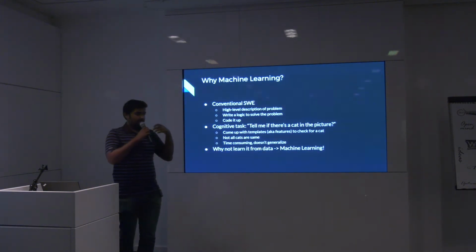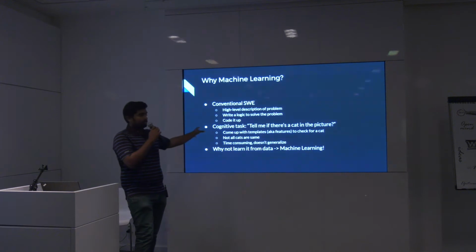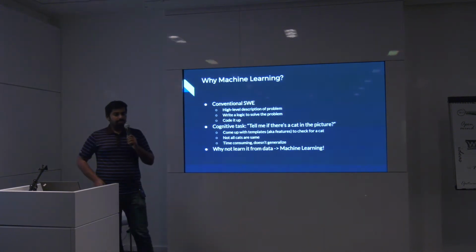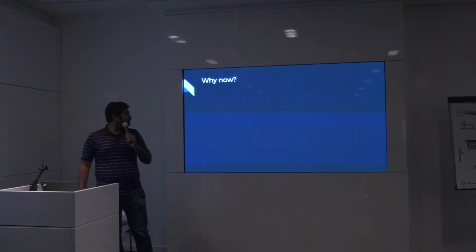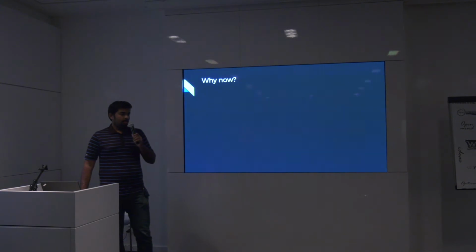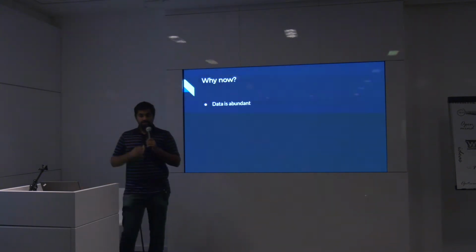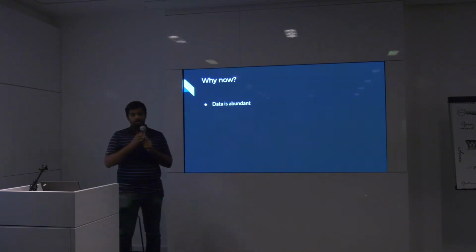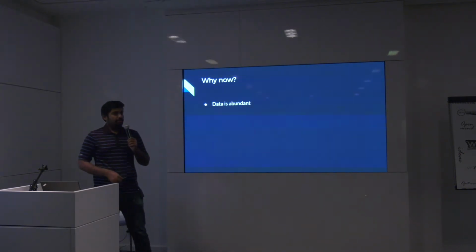So the idea is that instead of creating these templates by yourself, why not learn it from the data? Suppose you have a bunch of images of cats, you could then maybe figure out what a cat looks like from these data sets. Okay? And as we go through the talk, you'll see that the algorithms that we talk about are not something new. These have been around since 1960s, some even in 1800s. So why is the craze right now and not before?